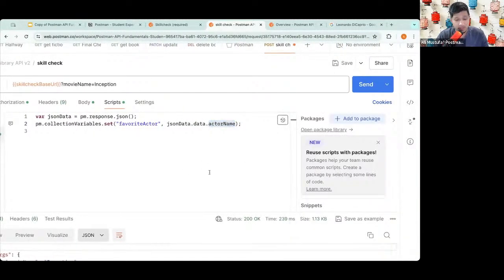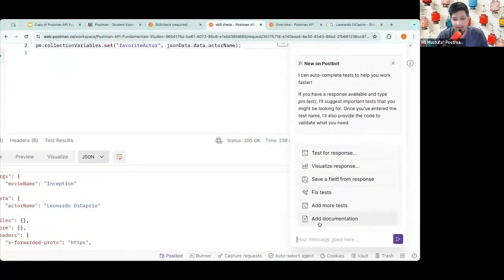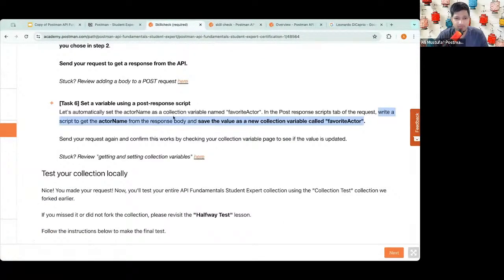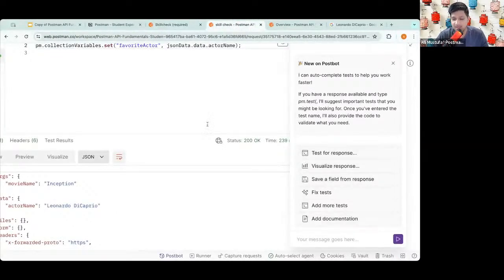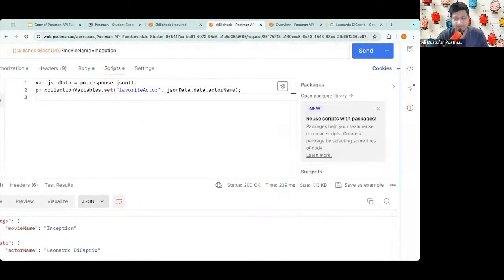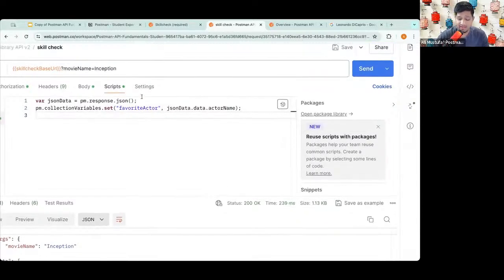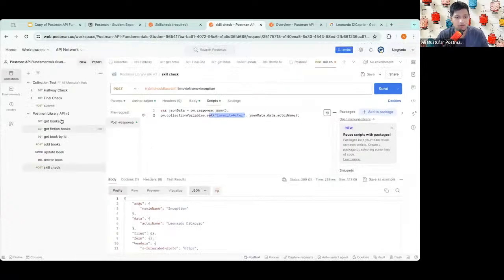But don't tell anyone that I told you this trick. Now, people who did not get it yet, remember on the top right here, you can see the Postbot icon. Click on it and give the prompt from here. Add the prompt, run it, and then you are all set. If you want to type it, obviously you can, but it's going to look exactly like this. And you can take a reference from the ad book script which we did, because that is also doing something very similar. Let's save this and let's send this.